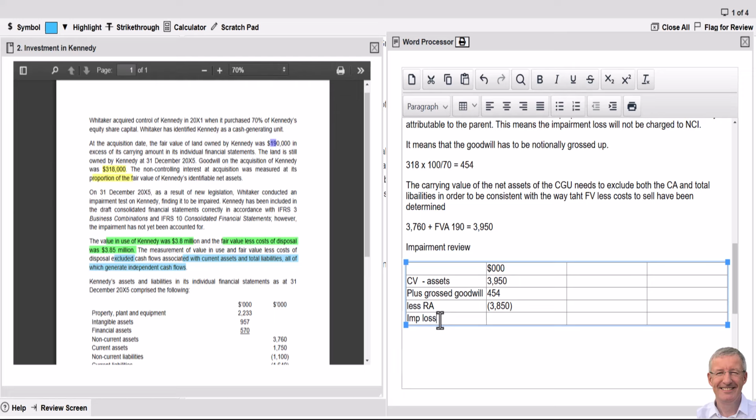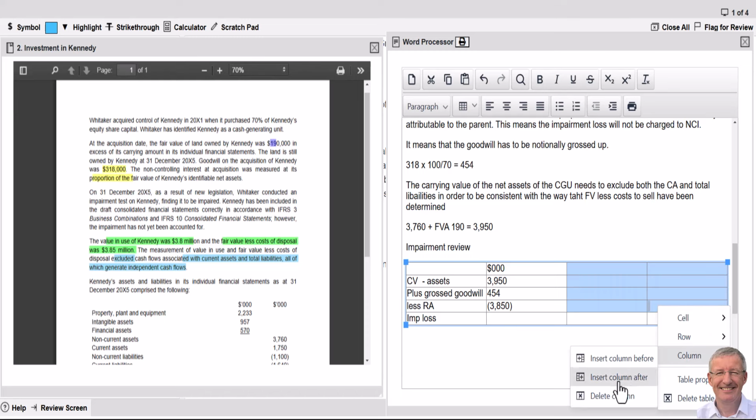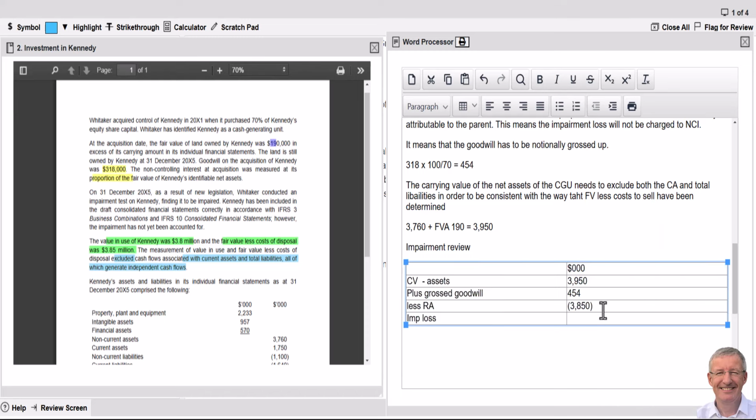Now, if you use your common sense, or if you use your calculator, I don't mind which, you can see that the amount of the impairment loss here is going to be